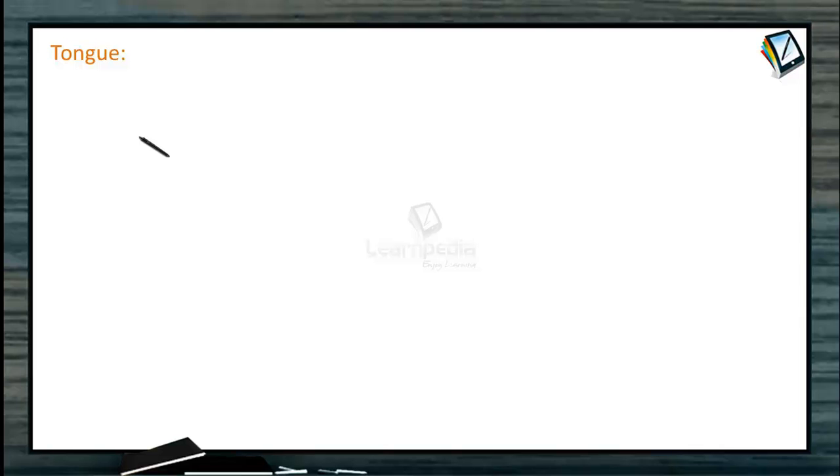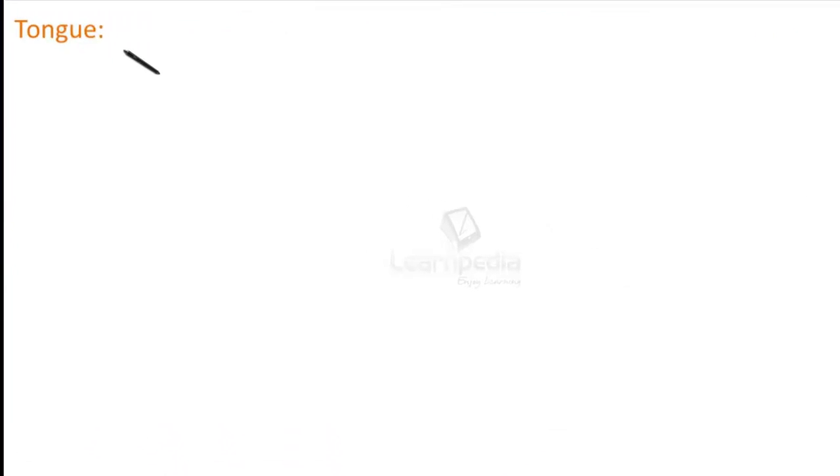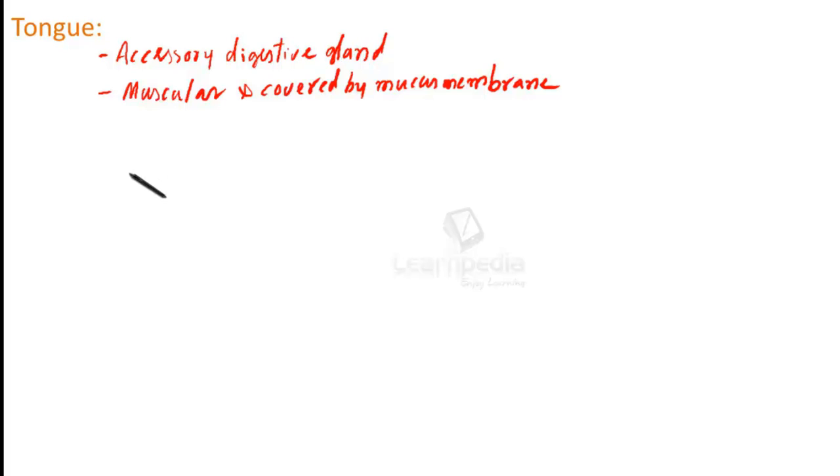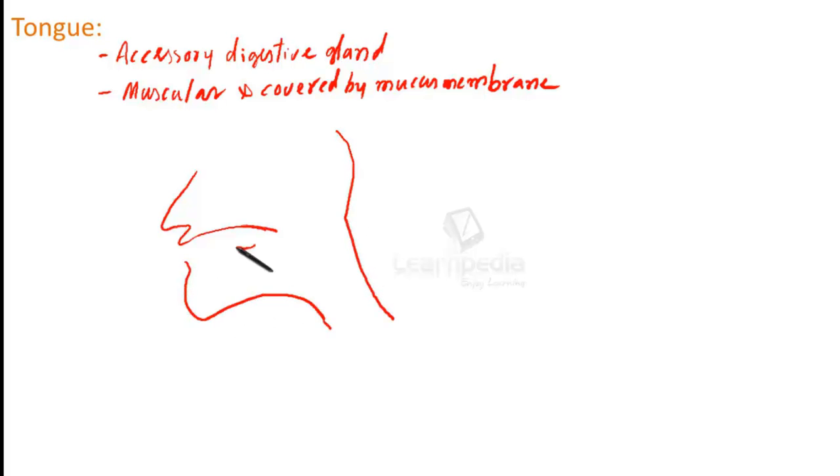Tongue. Tongue is an accessory digestive gland. It is a muscular organ covered by mucous membrane. It is attached to the floor of the buccal cavity. With the help of muscles, the tongue is attached to the hyoid apparatus, the styloid process of temporal bones, and also